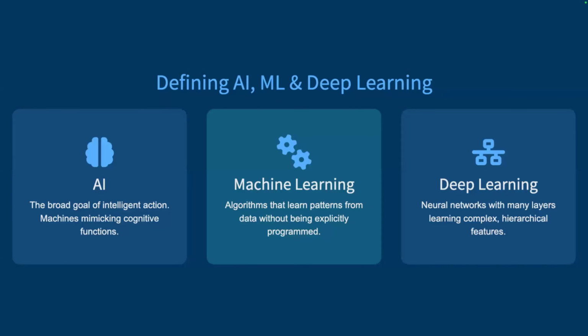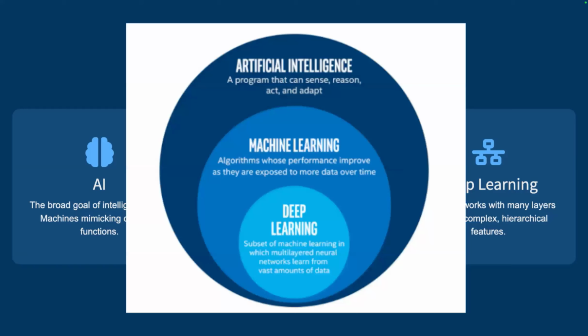we have AI, which is the broad topic of the concept. We have machine learning, which is a little bit more specific, and deep learning, that is even more specific. AI basically looks like this. So machine learning is algorithms that are exposed to data and they perform better over time. Maybe like a tri-tree, if you guys have heard of that. Deep learning is another subset of artificial intelligence and machine learning, where you feed a model a lot of data so it starts learning patterns over time.